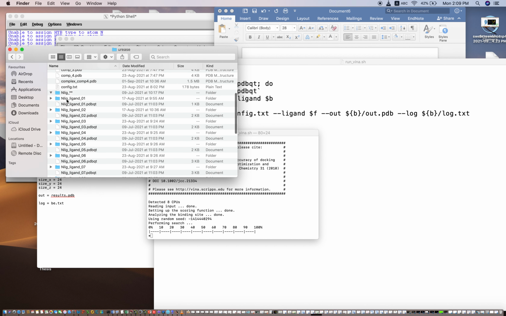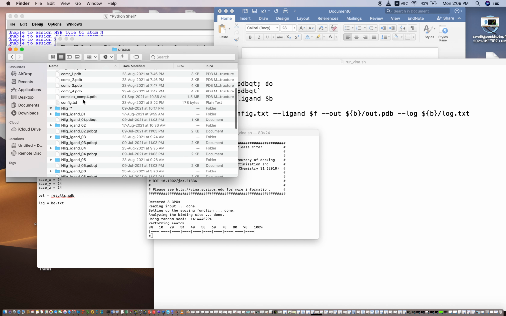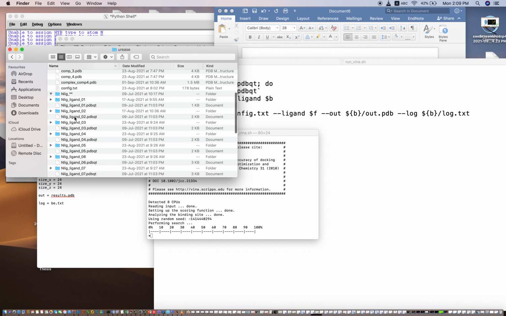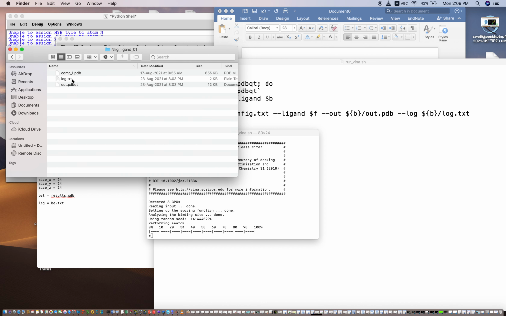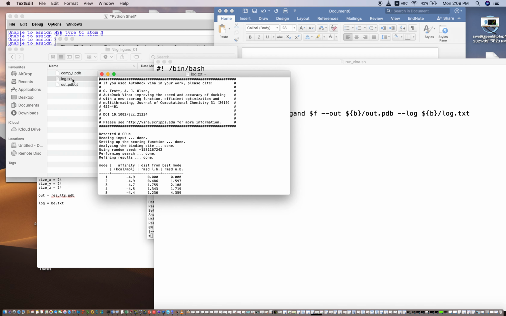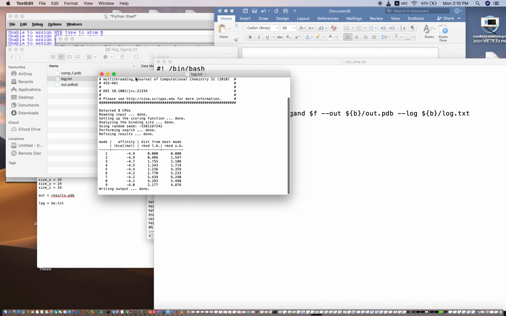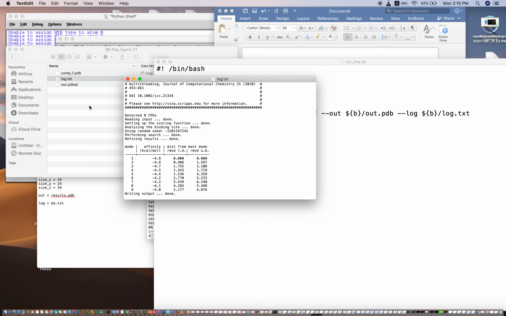So let's suppose I have another file with a different name, like we had the file named lig underscore ligand 01. The folder will be formed, and you will have such results. When you open this folder and click on the log.txt, you will get these results.